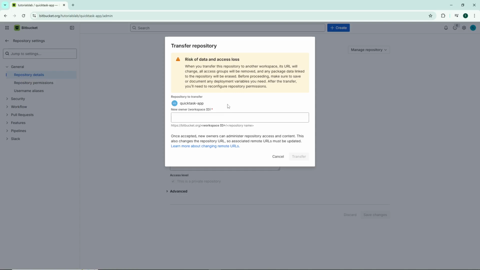A new interface will appear, prompting you to enter specific details about the transfer. In the field provided, type in the workspace ID or username of the target user or workspace where you want to send this repository. Make sure you enter this information accurately, as the repository will be transferred to whoever's ID you provide here. Finally, once you've entered the correct workspace ID or username, click the transfer button to complete the